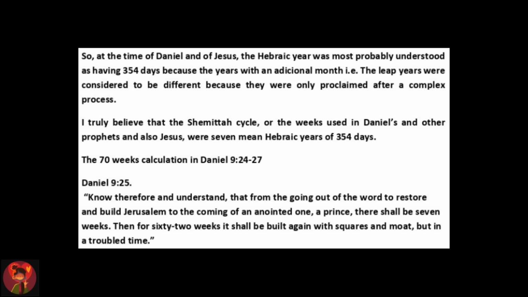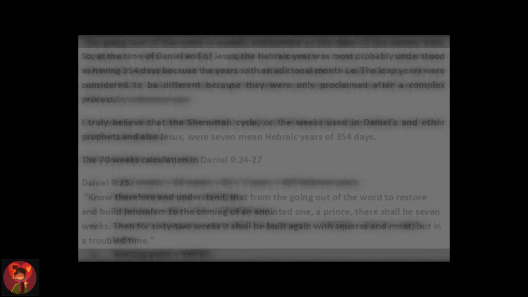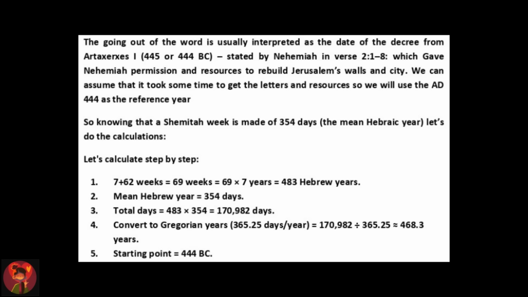The 70 weeks calculation, in Daniel 9:24-27. Daniel 9:25. Know therefore and understand, that from the going out of the word to restore and build Jerusalem to the coming of an anointed one, a prince, there shall be 7 weeks. Then for 62 weeks it shall be built again with squares and moat, but in a troubled time. The going out of the word is usually interpreted as the date of the decree from Artaxerxes I,